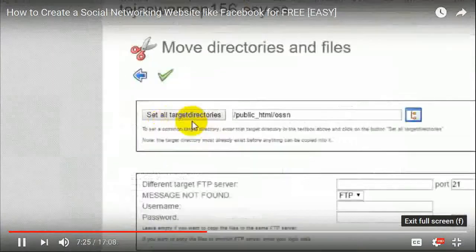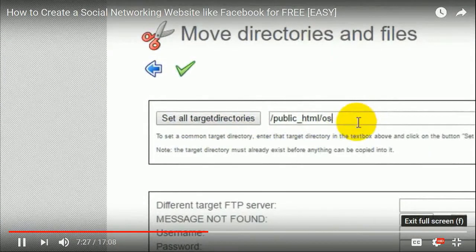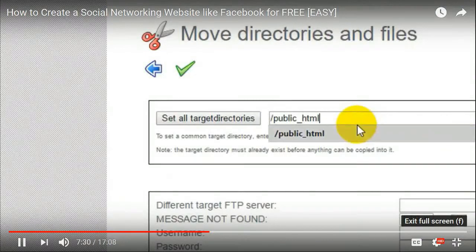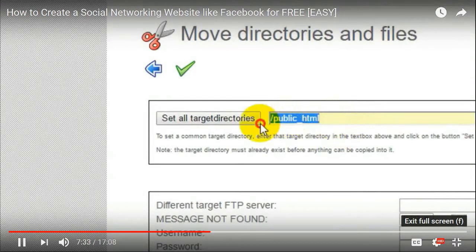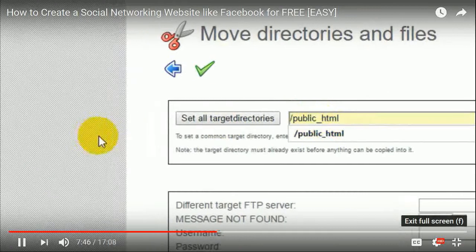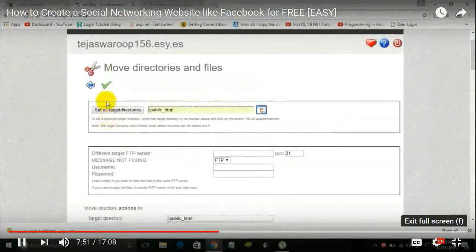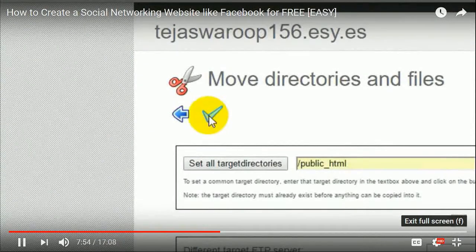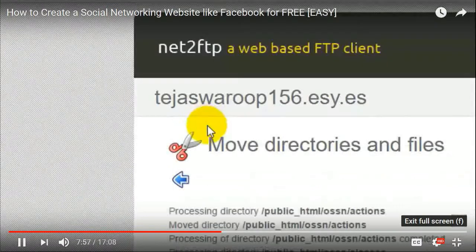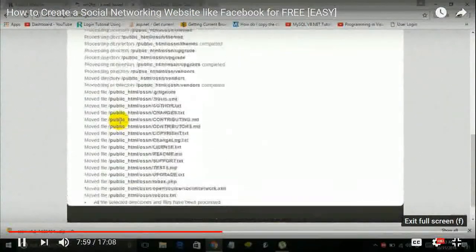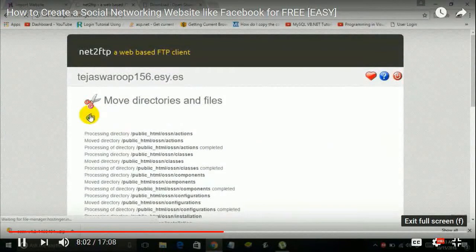Now in this directory you got to remove the /OSSN from the last, and you make sure that this text box contains /public_html, because we want to move those files to the public_html folder. So once you make sure that this text box contains /public_html, just click on set all target directories. So once you do that you just click on the green tick mark symbol over here, and once you click on that green tick mark symbol, here we go, all the files have been moved,